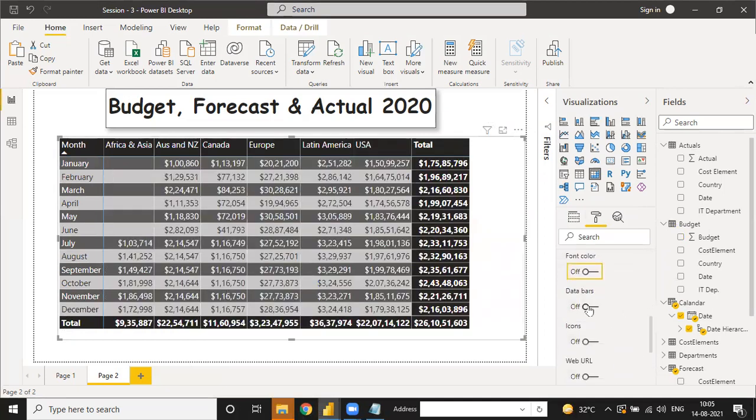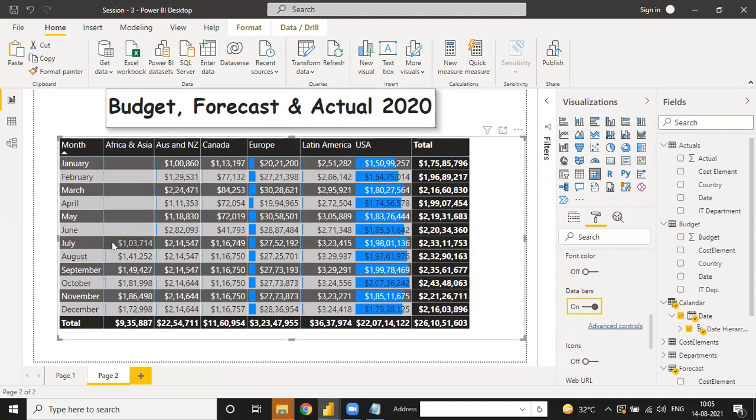Now suppose there is one more thing, data bars. Data bars show how much your forecast value is as compared to the total; your data bar belongs to your column like this. Okay, see how much your data bar is filled, the higher your value is. Suppose your data bar is higher, it means your data is greater.